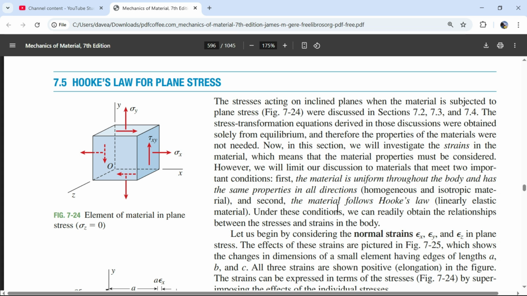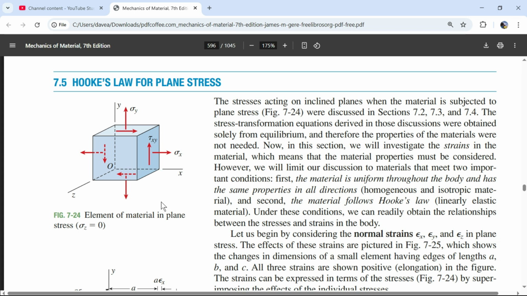And second, the material follows Hooke's law. Linearly elastic material. And this works great for us because if we get numbers that are bigger in stress or strain, that means it's no longer linear elastic, and at that point, those are usually your failure points. Thank God in material mechanics, you don't have, oh, it's going to be linear for a quarter of its strength, but most of its strength is in some bizarre